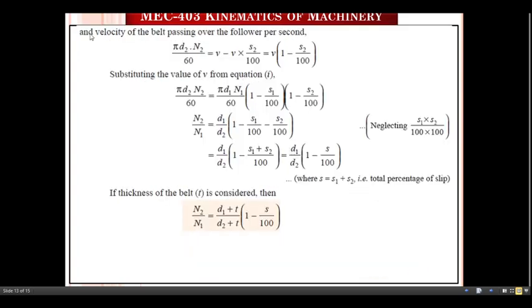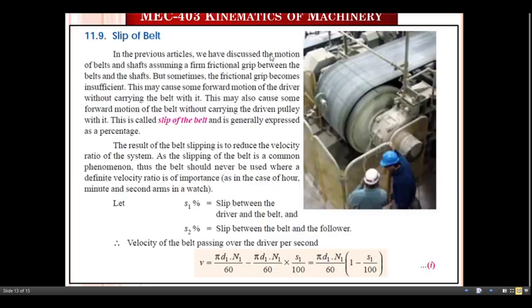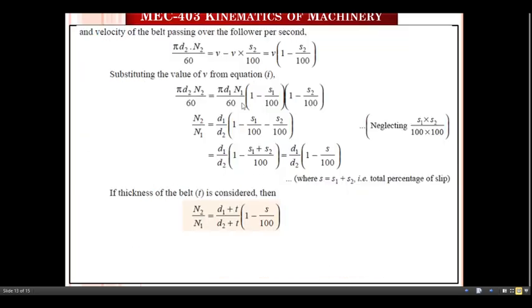Similarly, the velocity of the belt passing over the follower per second: pi d2 N2 divided by 60 equals v minus v into S2 by 100. So we get this relation as v into (1 minus S2 by 100). Substituting the value of v from relation number 1, we get N2 by N1 equals, where 60